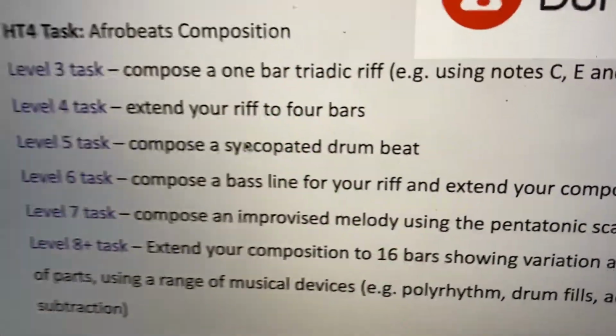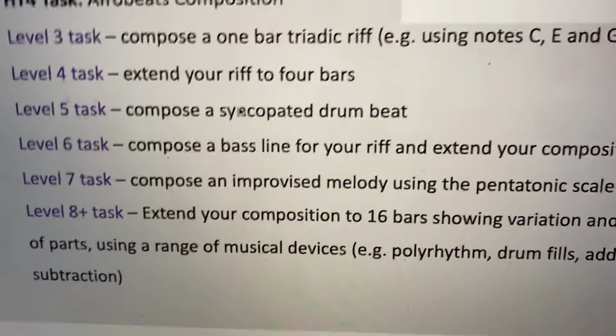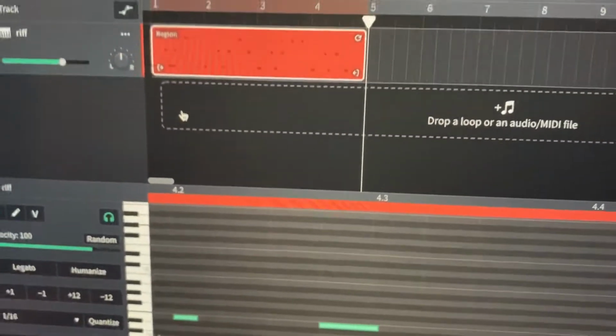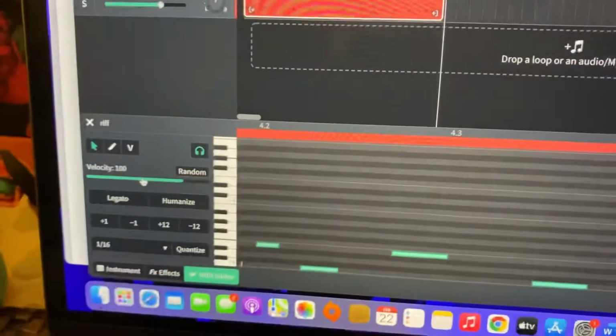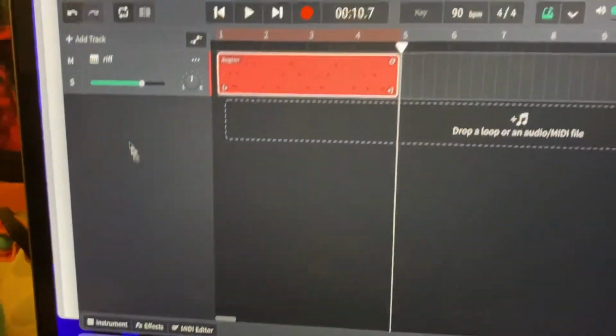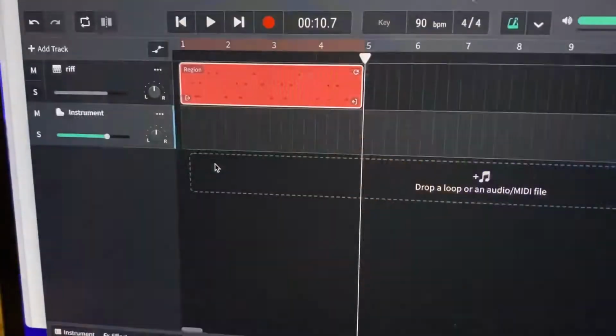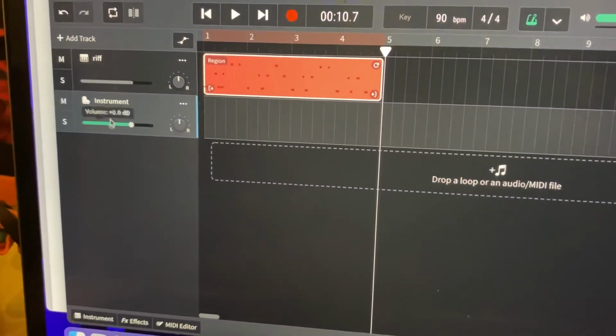Okay, level 5, compose a syncopated drum beat. You can use the drum machine if you wish, but I'm going to use just normal instrument tracks here. So I'm going to add a new track, instrument, and then I'm going to call this my